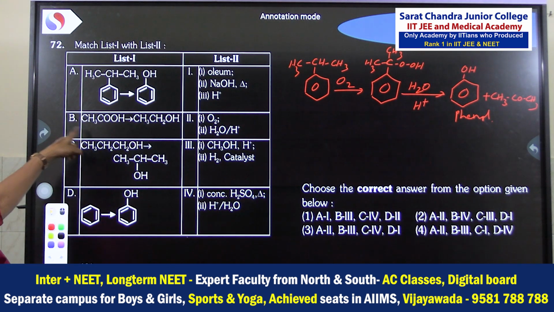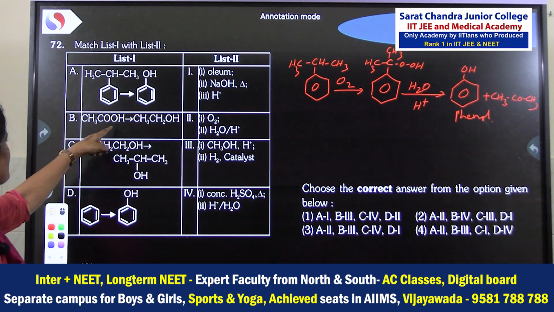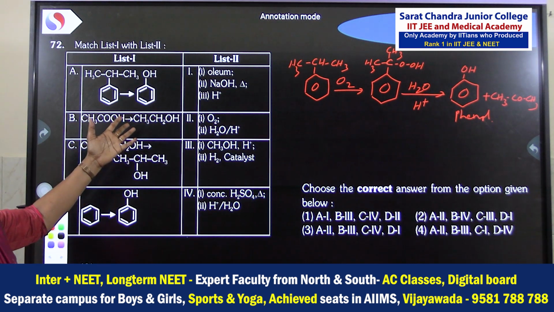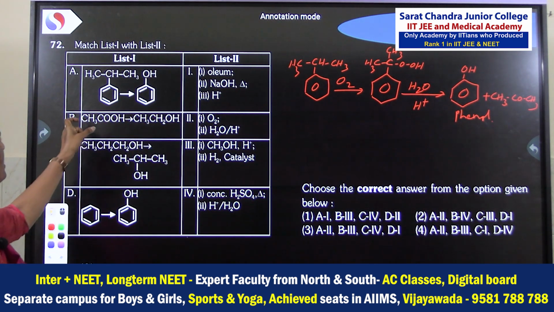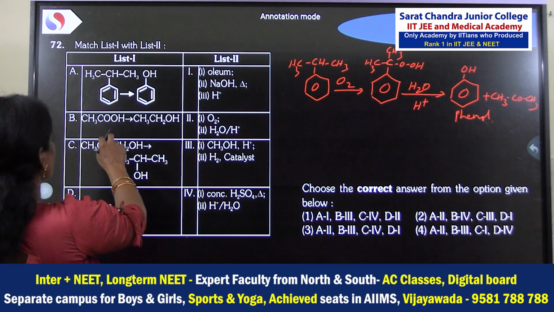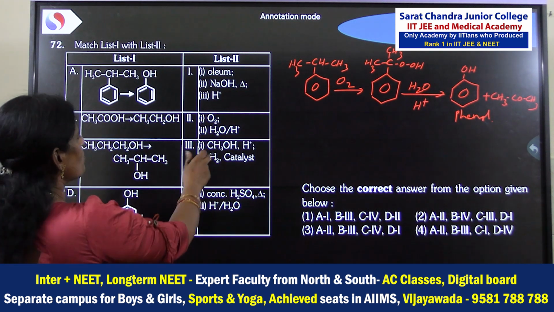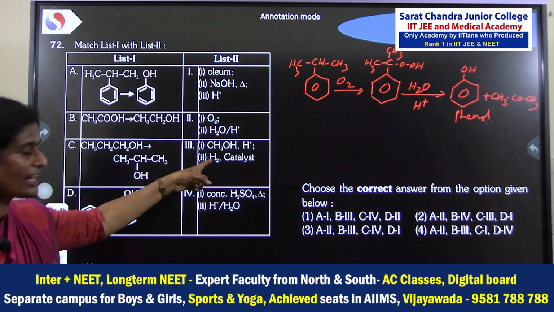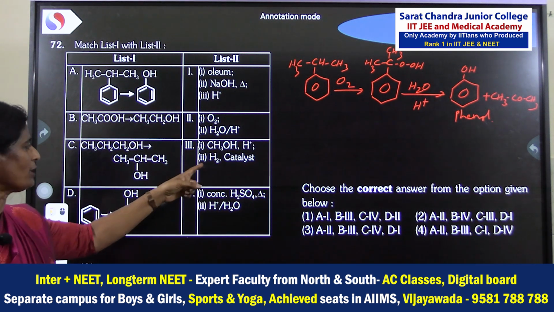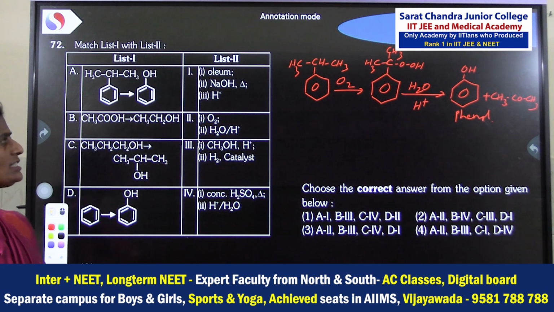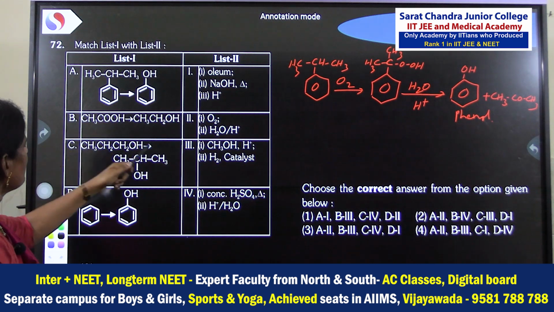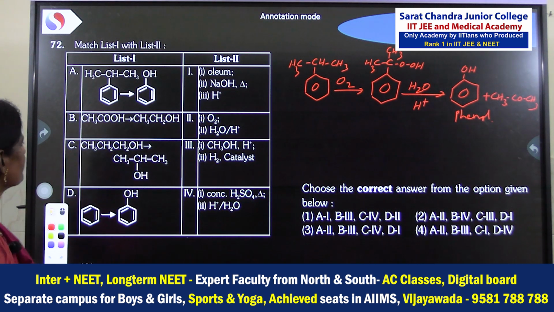And in the second statement B, the conversion is acetic acid to ethyl alcohol. Acetic acid to alcohol is nothing but a reduction process. So which reagent reduces acetic acid to ethyl alcohol? What are the correct reducing agents for the reduction of carboxylic acid to alcohol? So catalytic hydrogenation, or lithium aluminum hydride, or diborane. Any of these reducing agents can reduce carboxylic acid to alcohol. So for B, the correct reagent is the third one.